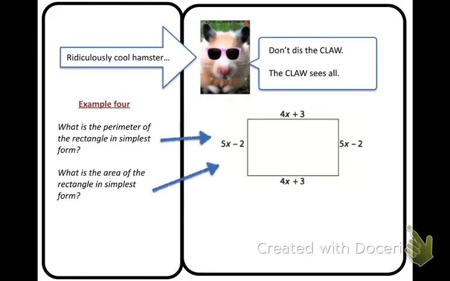Okay. So going on to example 4. What is the perimeter of the rectangle in simplest form? So remember we did do perimeter not too far back. Remember perimeter is when you add all the sides together, but there is that little shortcut that we can do. So we notice that we have 2 4x plus 3s, 4x plus 3s, plus, because remember, perimeter you got to add. So we have plus, we have 2 5